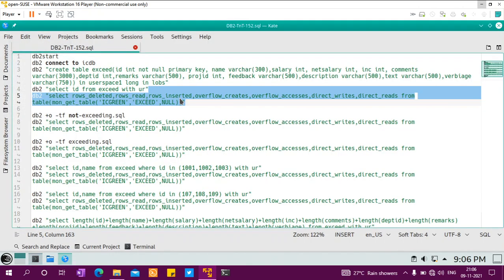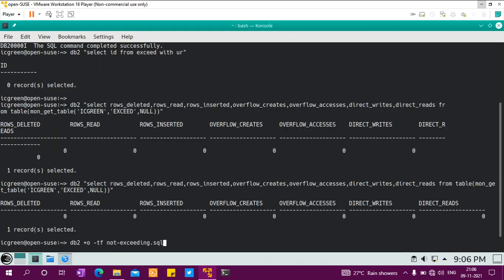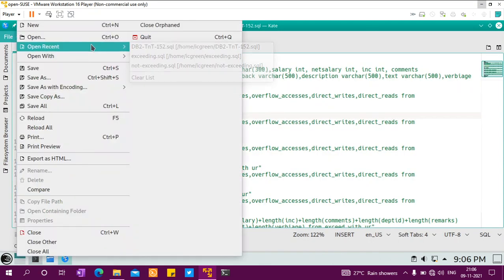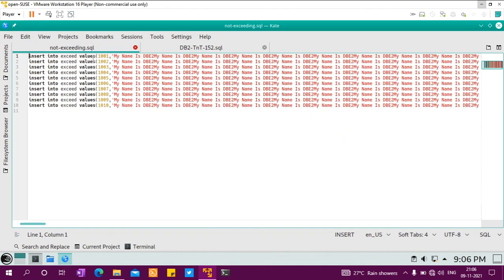Okay. Now what I'll do is I'll run this not exceeding.sql. So what is not exceeding.sql doing? I'll show you. It is again a file. Here I insert into exceed and I give some values.